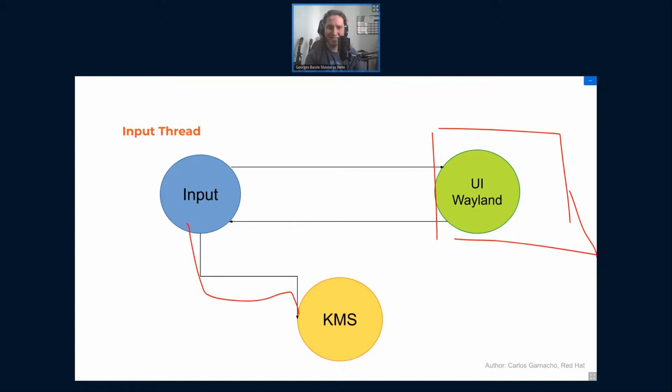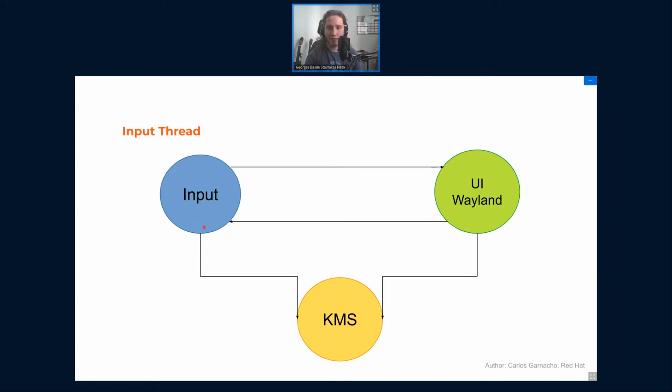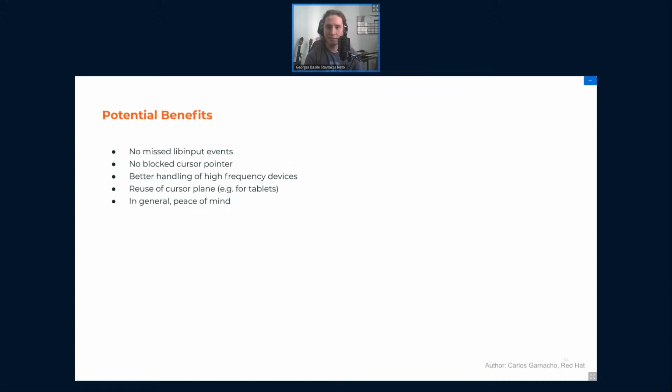So basically that achieves the behavior of the current Xorg architecture. Well, how Xorg behaves, in fact, since the compositing window manager is not another thread, but rather another process entirely. So we want to eventually reach the point where we have an input thread, a KMS thread, and a UI thread, because that's going to cover a lot of cases.